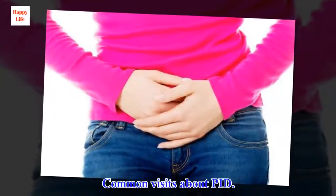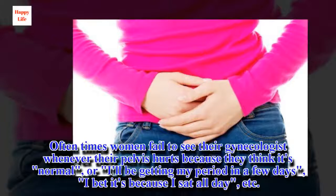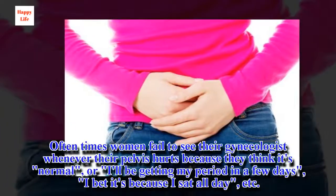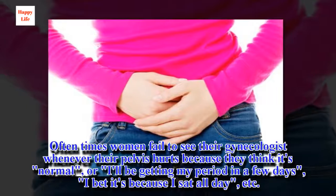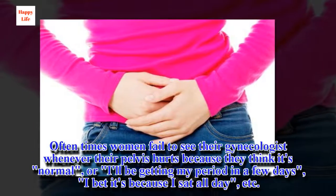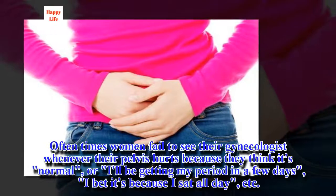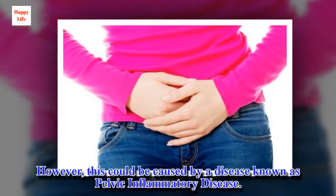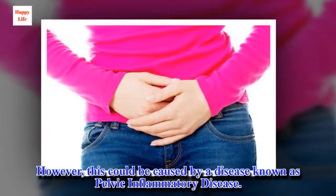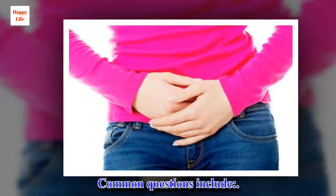Common questions about PID. Oftentimes women fail to see their gynecologist whenever their pelvis hurts because they think it's normal. Or, "I'll be getting my period in a few days." "I bet it's because I sat all day," etc. However, this could be caused by a disease known as pelvic inflammatory disease. Common questions include: